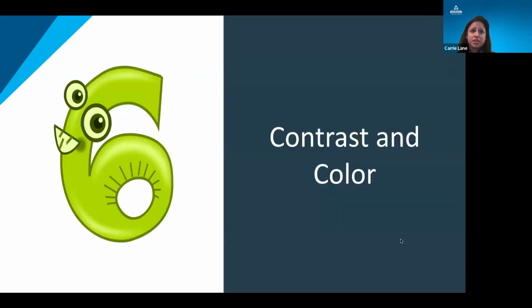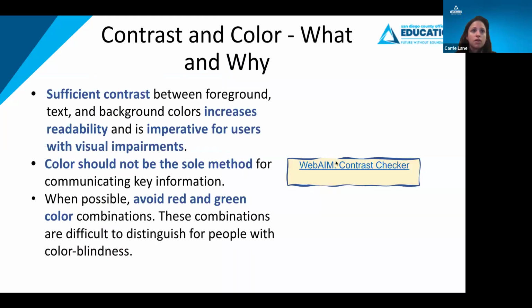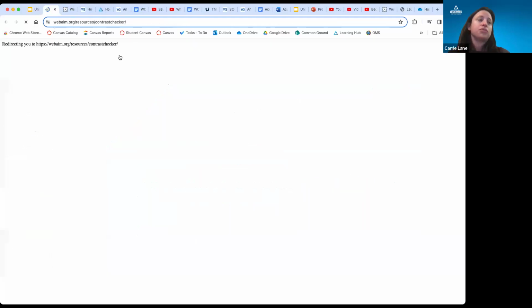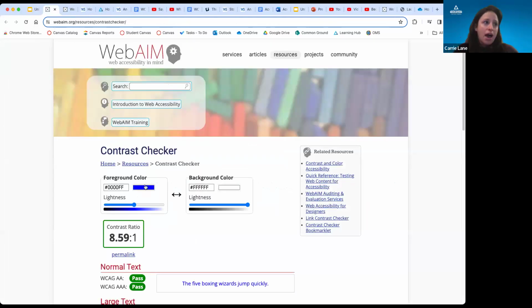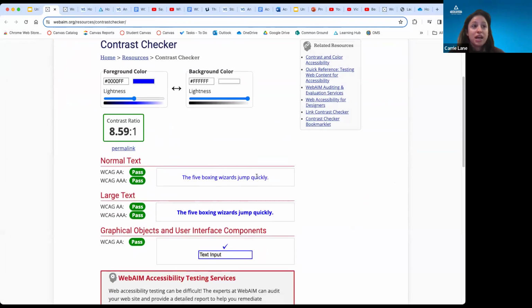And that's where this contrast checker comes in, which I'll show you right now, because it will tell you what the contrast level is for your document and whether it's acceptable. And so, for example, if we have a foreground color of blue and a background color of white with a normal size text, that would pass. However,